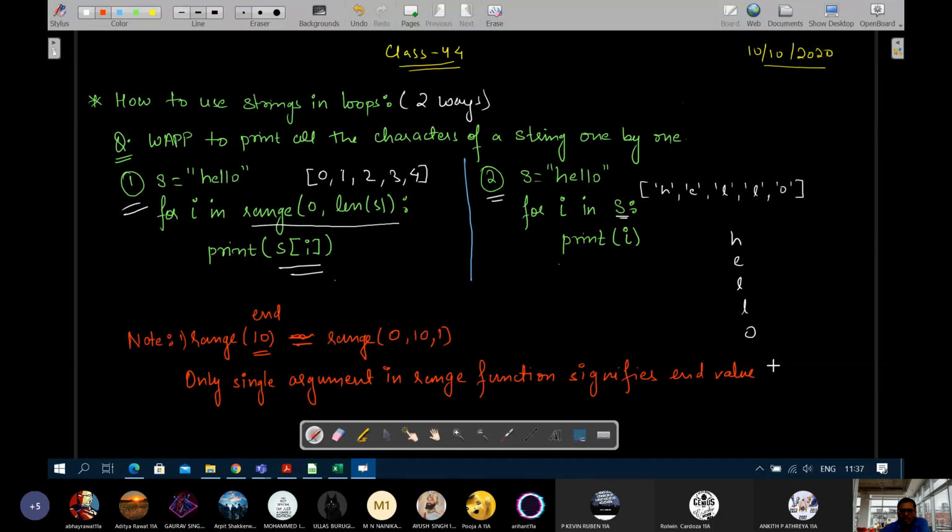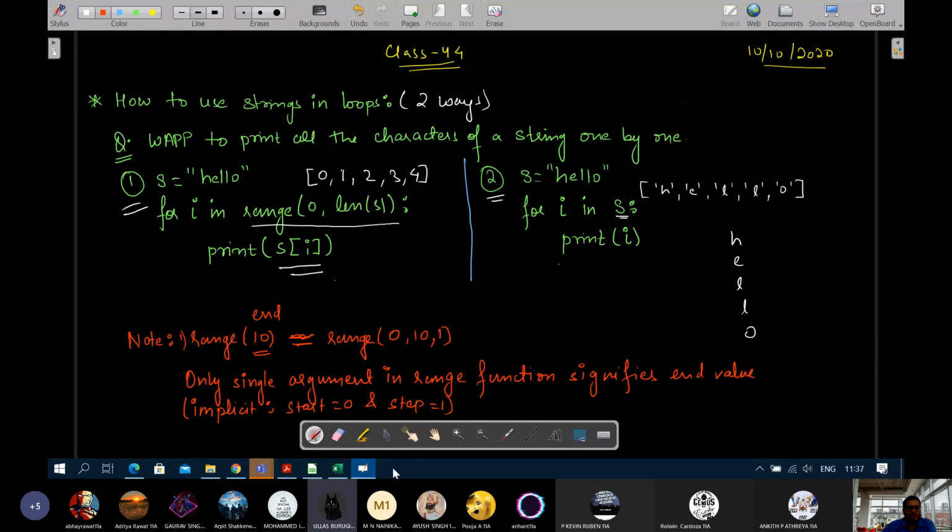Implicit means automatically understood. Start will be 0. Implicitly, start is equal to 0 and step is equal to 1. Okay? Yes, thank you, for reminding me, I forgot.